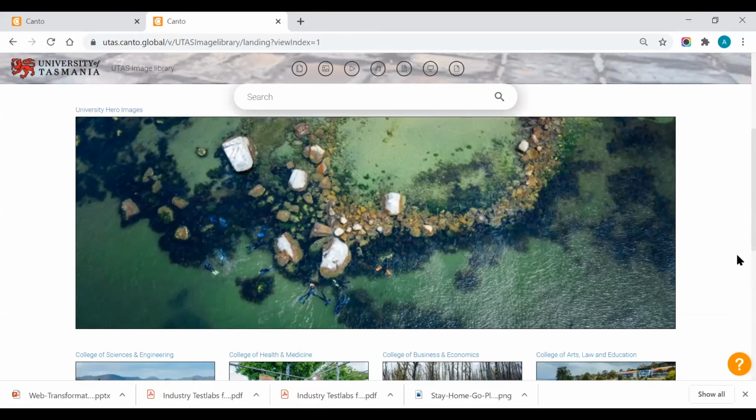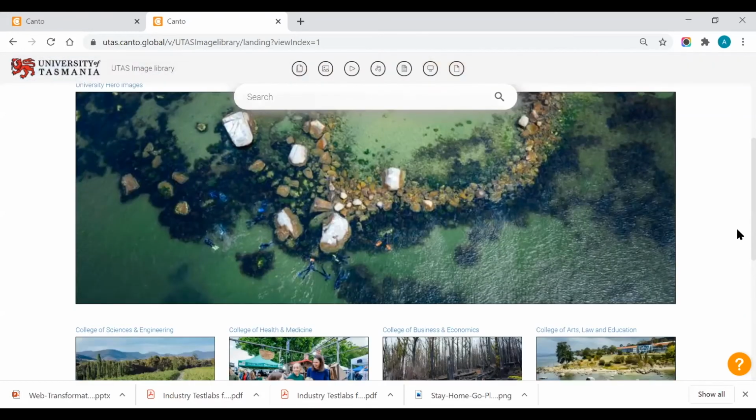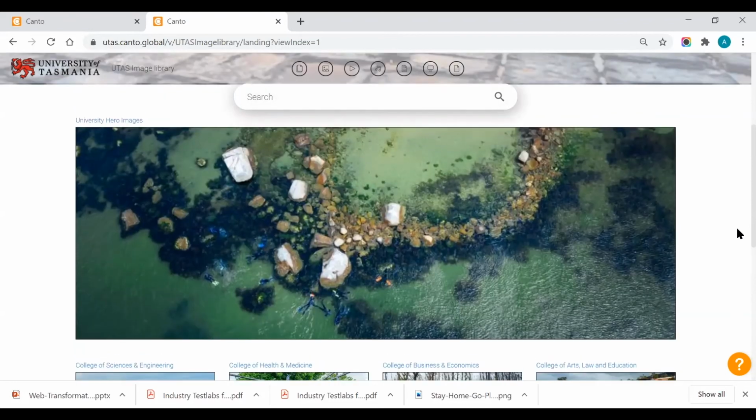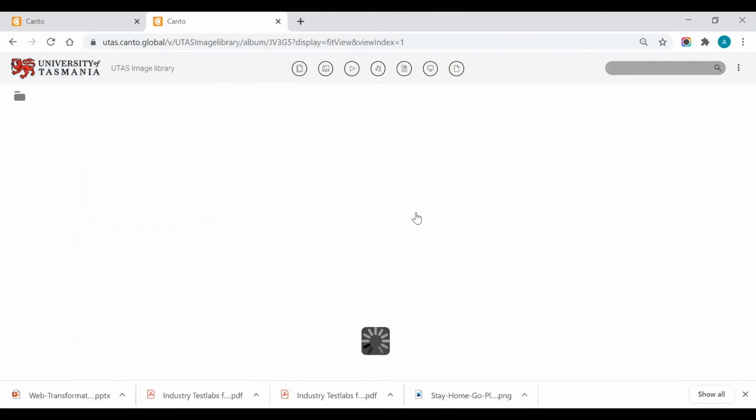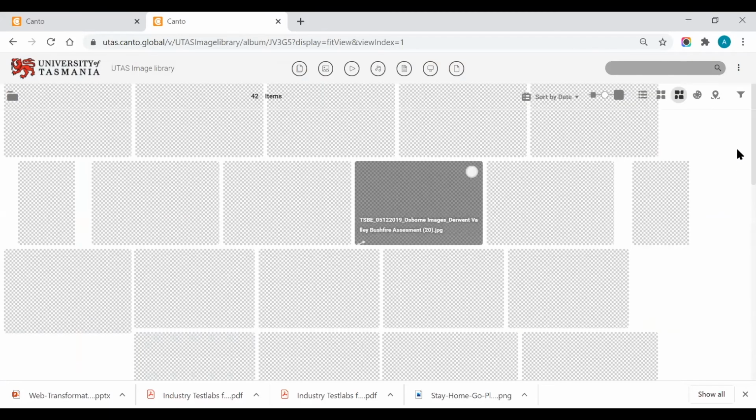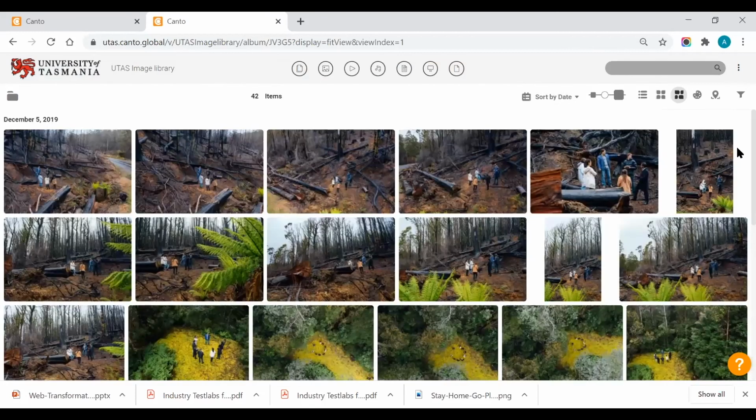And so again, you'll see University Hero Images is a prime spot on the portal. For us, they're some of the main images that we want to get people to be looking at. We can look through and find something of use for them there. So you'll see, for example, this is the College of Business and Economics, and the shoot that's coming